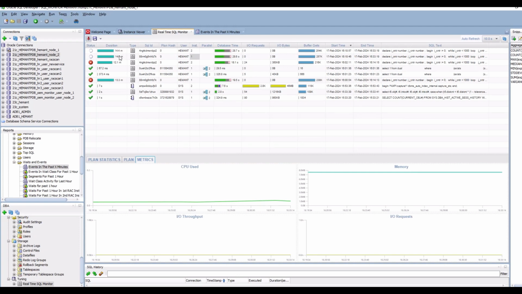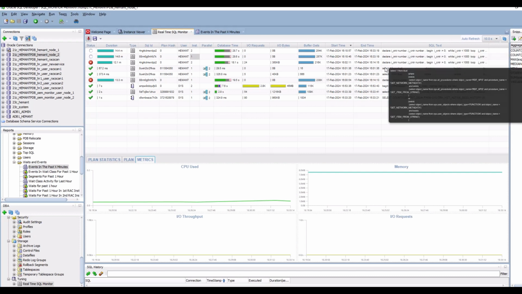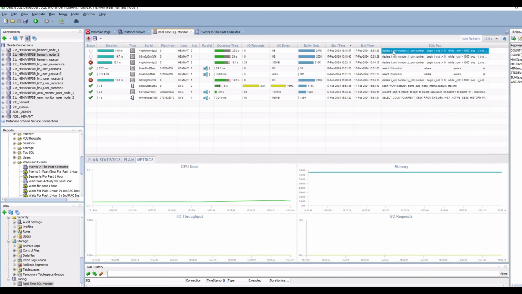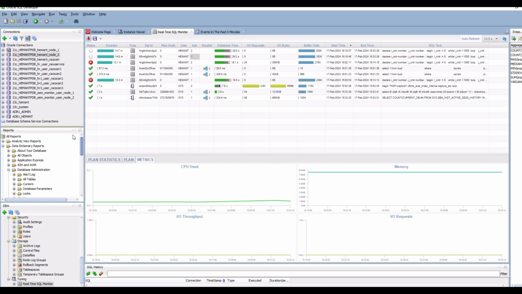They've been running for almost 15 minutes now. In this case it just shows the top level PL/SQL block, but if you look at the text you can see the insert statement inside the PL/SQL block. So they're running from the two instances, instance 2 and instance 1, and in the reports view there's something